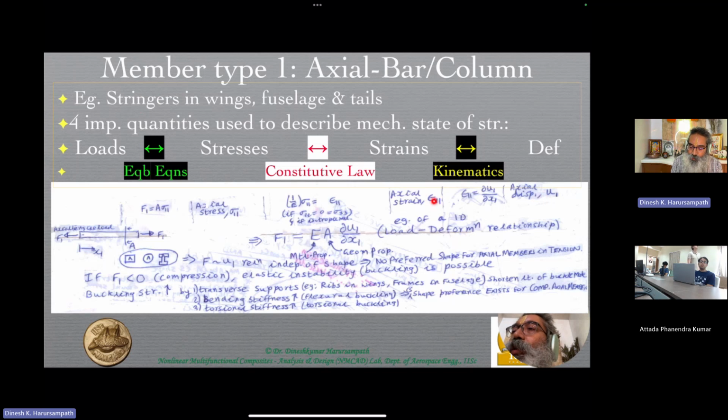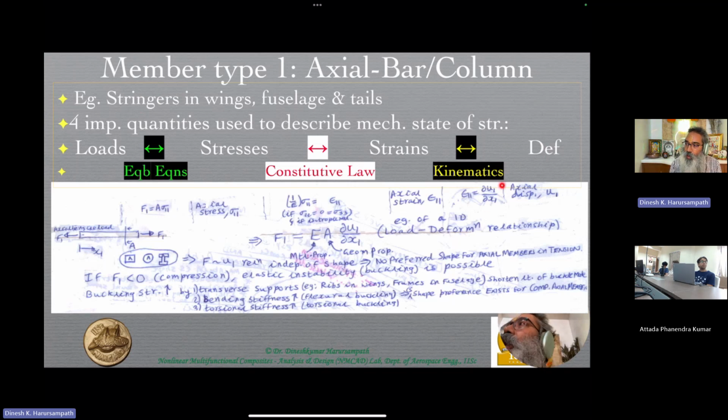And finally, we wanted to introduce the last variable, which is the displacement, one particular measure number, namely U1. And when we correlated that, we had the linear kinematics, which we said is not really applicable in aerospace structures, because displacements like U1 are fairly large. You would have observed how much the wingtip deflects during flight, especially during takeoff and landing, and therefore U1 values are fairly large, which means that epsilon, or rather gamma 11 equal to U1 comma 1, is not